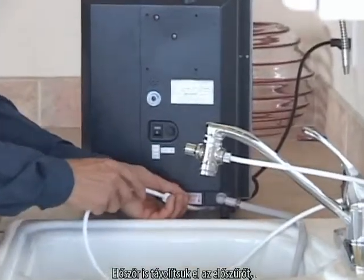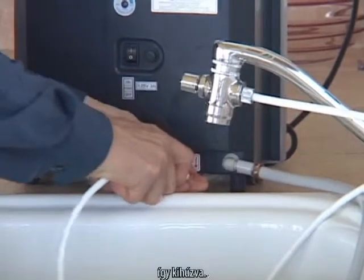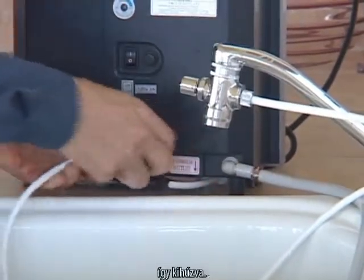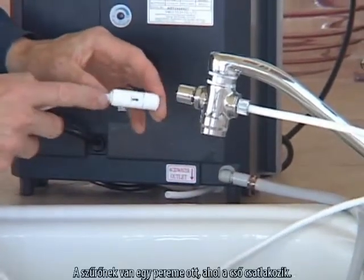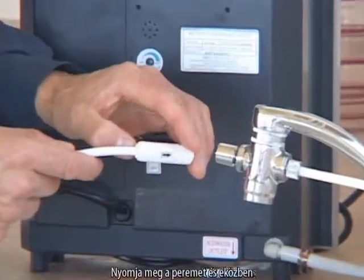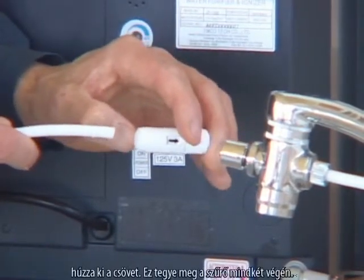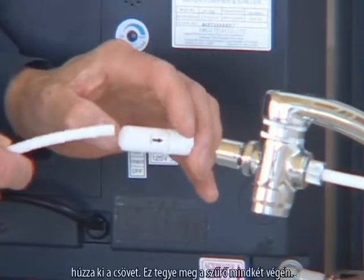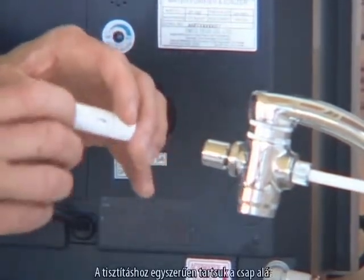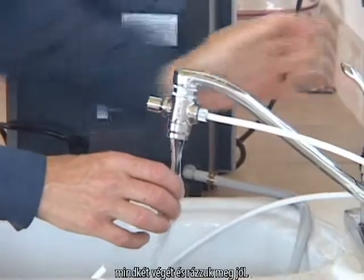You'll begin by removing the inline pre-filter by releasing it like this. The filter has a rim into which the hose attaches. You push on the rim at the same time pulling the hose out, and it's like that on both ends of the fitting. Then to clean the filter, we simply run it under water from both ends,